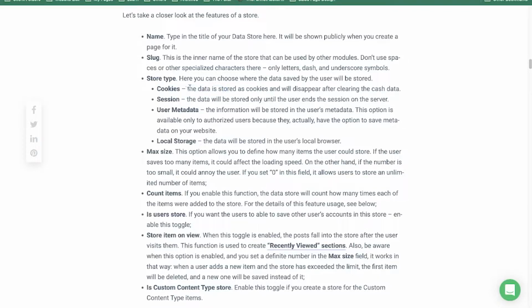So the thing with cookies is it will disappear after clearing the cache data. The session is it will be stored only until the user ends sessions on the server. So once the example exit to your site, the data will be removed. User metadata information will be stored in the user's metadata. This option is available only to authorized user because they actually have the option to save metadata on your website in the local storage. I think the metadata is